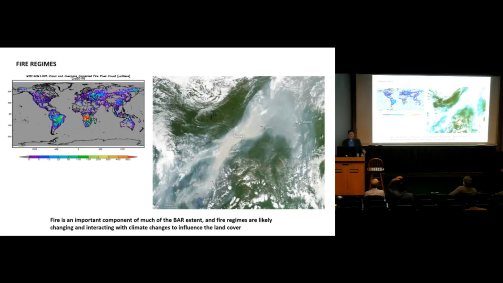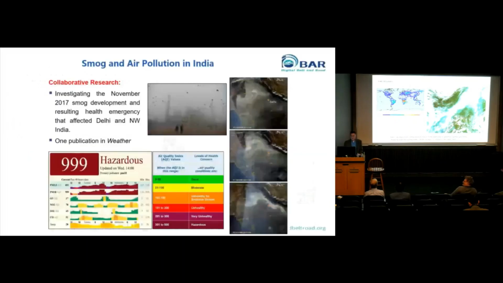Moving on from that, fire regimes are really important in Belt and Road. We can use satellites to monitor fires. Some areas in the Belt and Road have some of the highest fire frequencies on the globe. But in general, a lot of the region does burn at some frequency, and the fire regimes are likely changing, because climate is changing and climate is affecting vegetation, which is the fuel load for fires. So this can potentially have large impacts on carbon dioxide going back to the atmosphere.